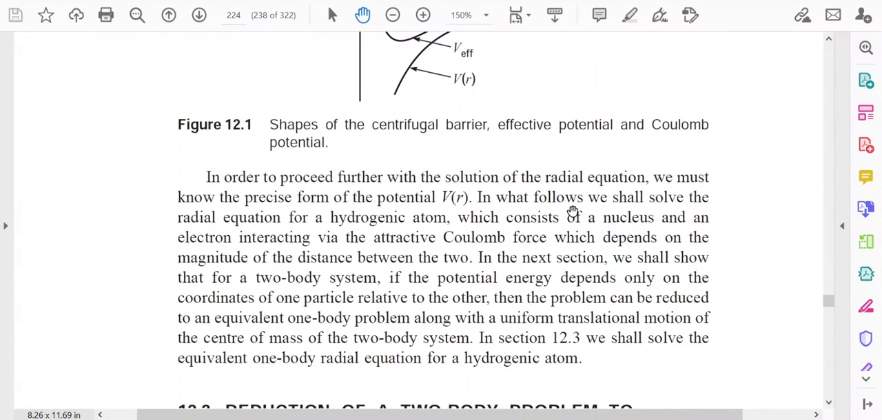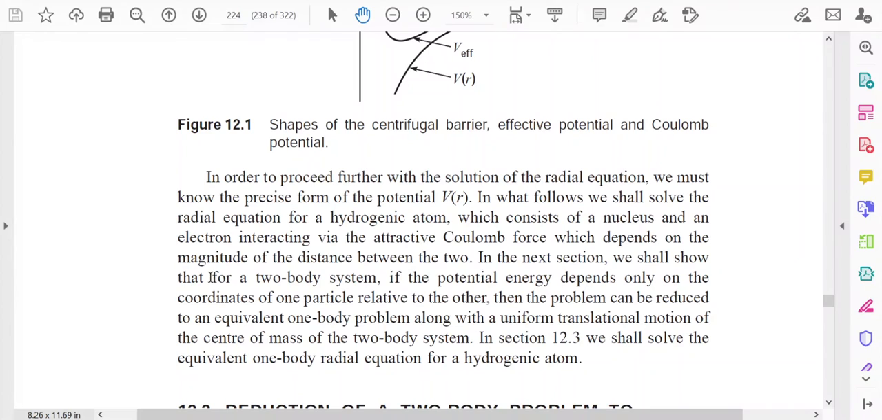Now in what follows, we shall solve the radial equation for a hydrogenic atom. So our aim is to solve the radial equation for a hydrogenic atom. So what is a hydrogenic atom? It consists of a nucleus and an electron interacting via the attractive Coulomb force, which